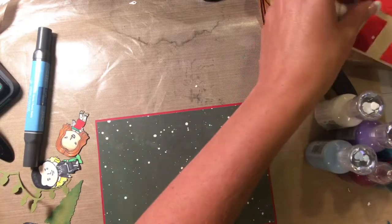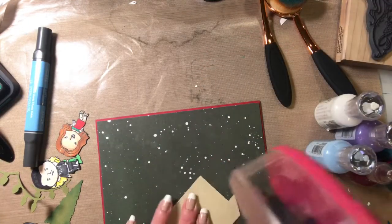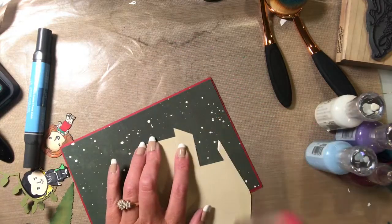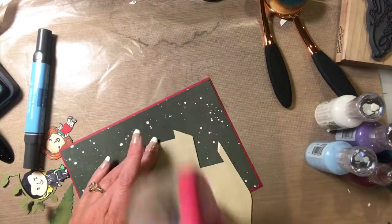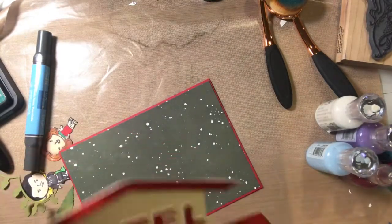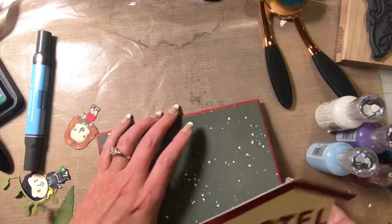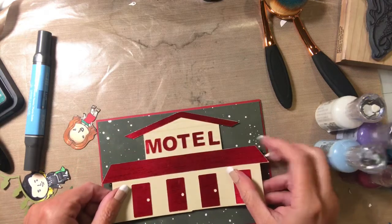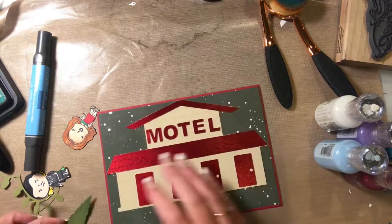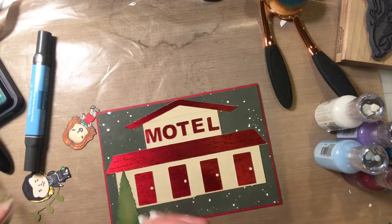So this, again, like I said, is a 5x7 card base, and it is a piece of red cardstock, the 65-pound Recollections that I just cut down to make a 5x7 card base. I'm using my ATG to glue down the motel. And I made it a 5x7 also because I wanted to have a little bit of ground for the characters to stand on and have a little bit of space for the